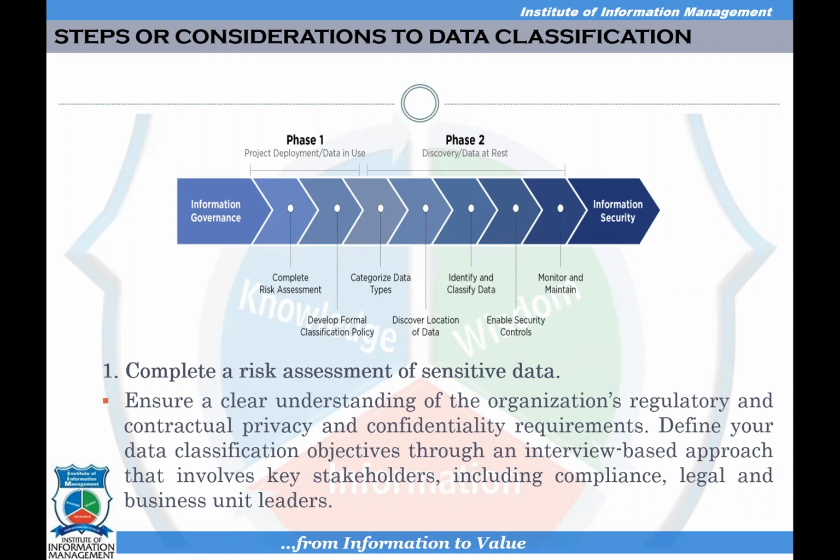You develop a formal classification policy for your organization. You categorize data types, either based on department, branch, usage, importance, etc. And then based on location, of course, where is this data based? Is it a cardinal branch? Is it this branch? Is it here? Is it the military? Is it Navy? Is it Army? It depends.